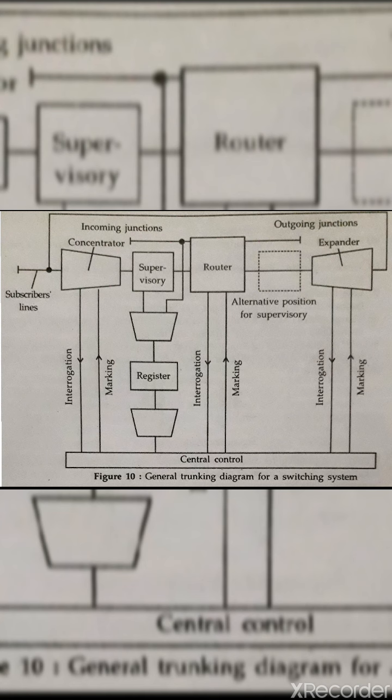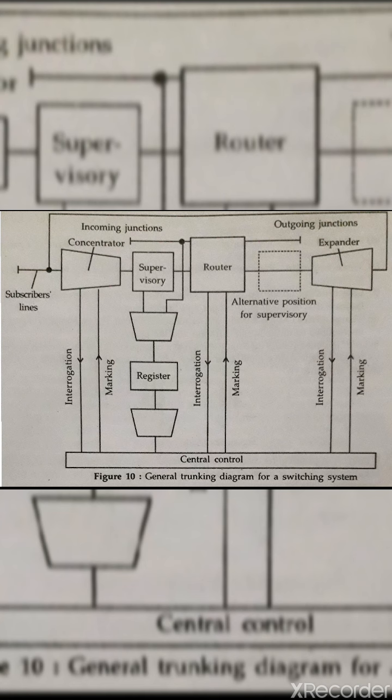In a director exchange, the director performs the register function, but there is no central control. The route switch contains three ranks of selectors: the first code together with the second and third code selectors, and the first and second numerical selectors. We have already discussed this in a previous video. Since registers are used, the supervisory circuit is located in the incoming trunk of the route switch and connected to a director by the A-digit selector hunter.